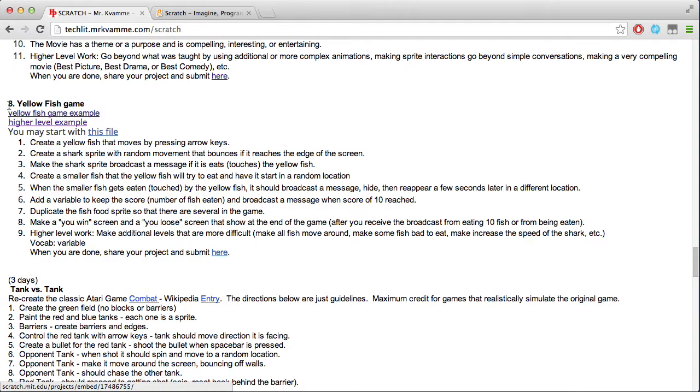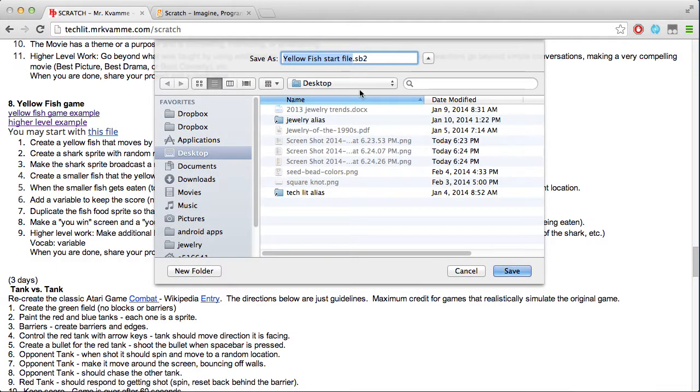For this project, we're going to do the yellow fish game. I've got a couple of different examples here. I've got a basic example and a higher level example, and I've also got a start file for this project. So if you want to download the start file, just click on the link here, download it on the desktop